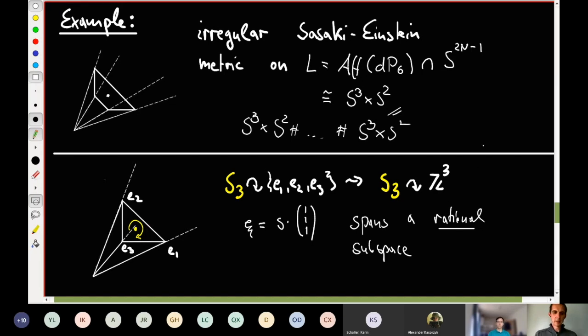So this is telling us that in this situation, we don't find an irregular Sasaki-Einstein metric. So at least every toric Sasaki-Einstein metric here has to be rational. It has to be regular. And so what we could further ask is,